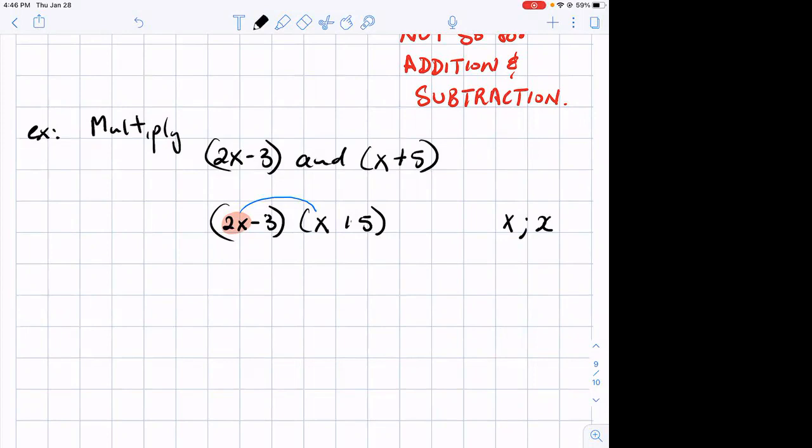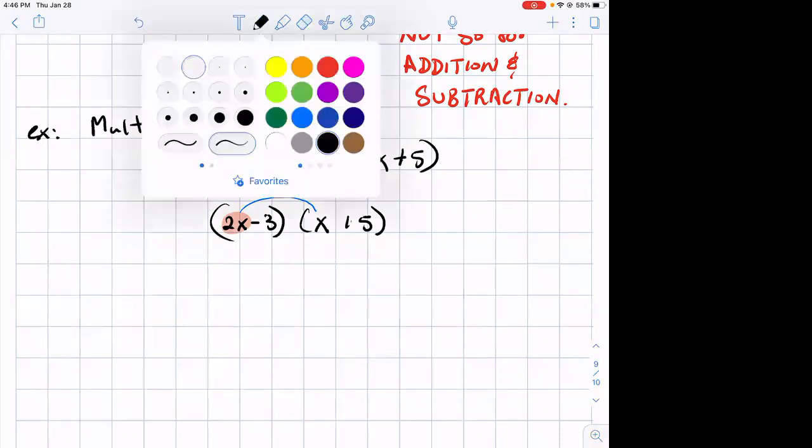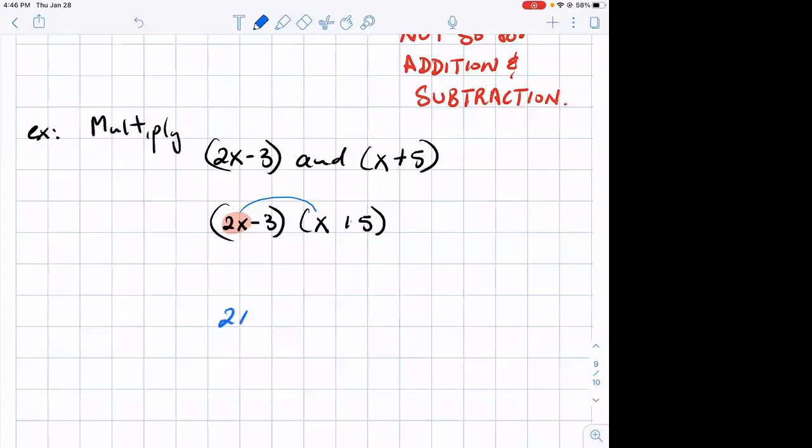You're not supposed to mix them up. So 2x times x becomes 2x squared. And this is where the word, what I'm doing is foiling this, right? Meaning the first term in each polynomial. The first,